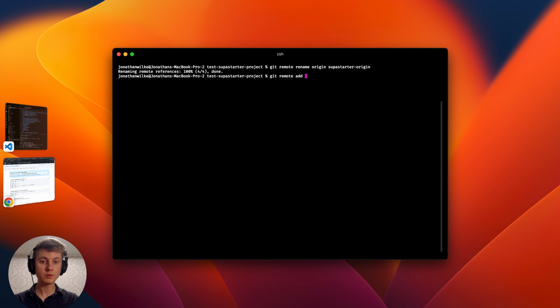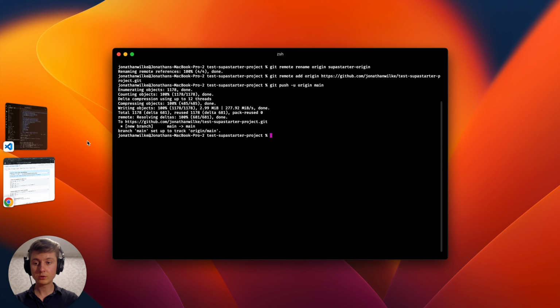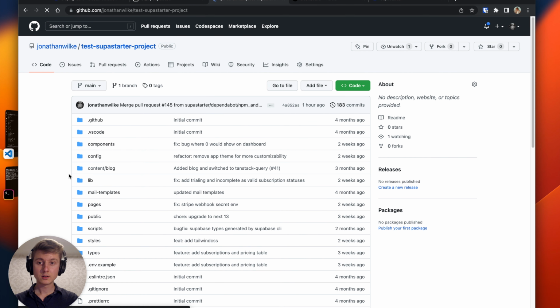So we say git remote add origin and paste the URL here. And now we should be able to just push to our new upstream repository. So we say git push upstream origin main. And this will now upload our code to our newly created repository,